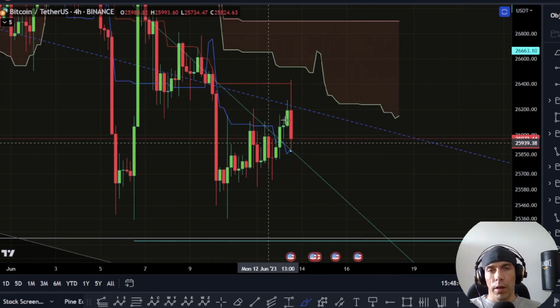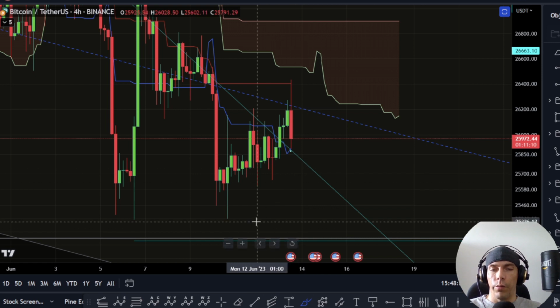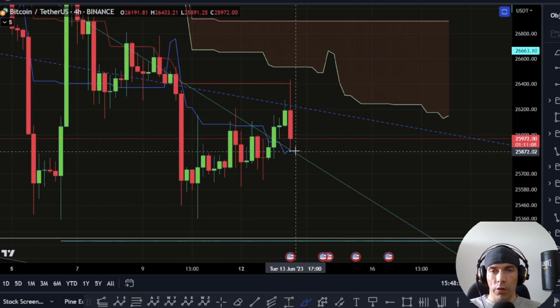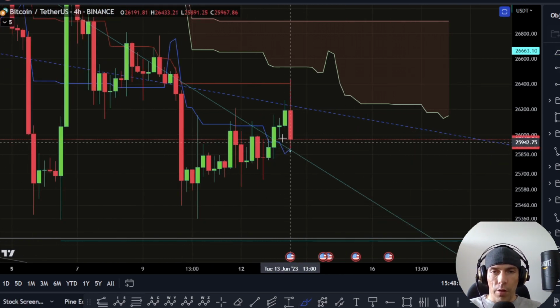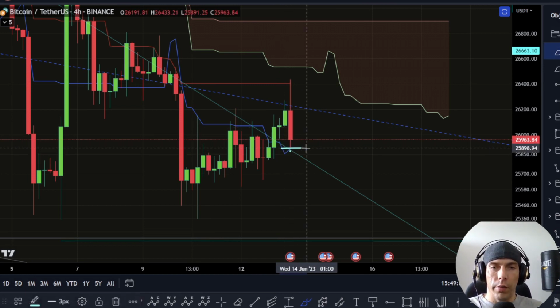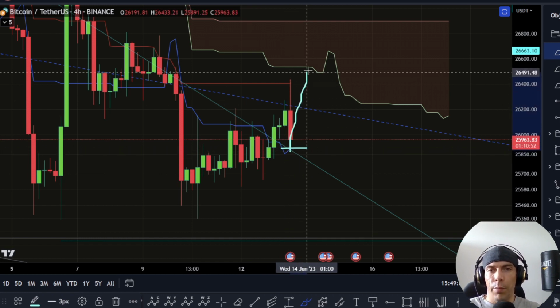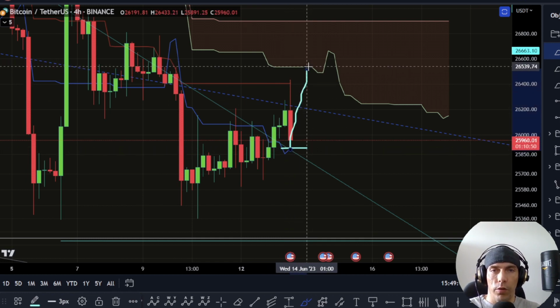Looking at the 4-hourly cloud, we can see that we actually rejected off of this conversion line here towards this 26,405. Now what I want to see here is we've actually found support temporarily on this conversion line. If we do manage to hold this level as a support zone, what we could see is that potential to see price move back up here and potentially look to interact with the bottom of this cloud, which would be here towards this